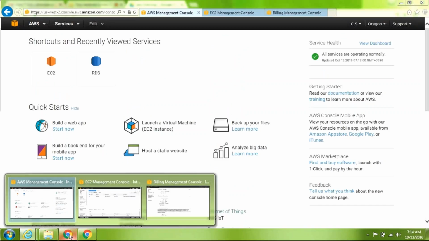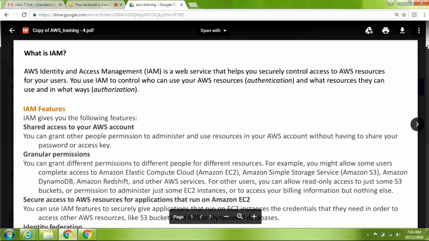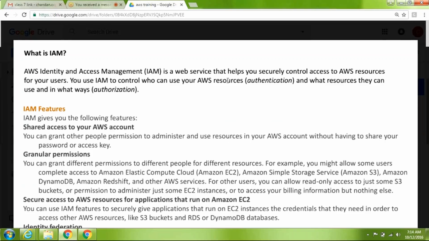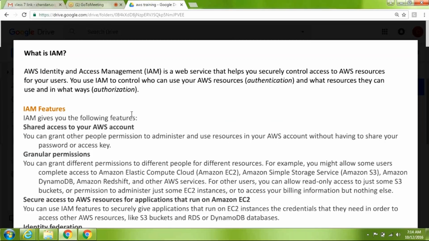To manage permissions, AWS gives you a feature, IAM, Identity and Access Management. You can use it for your AWS resource authorization and what resources they can use and in what way. Means if it's a DBA, then he should access